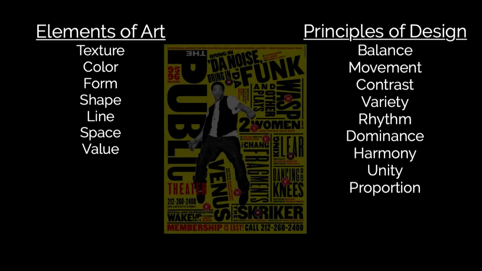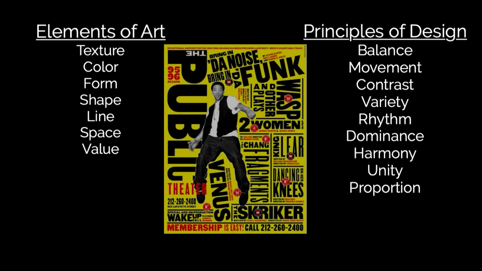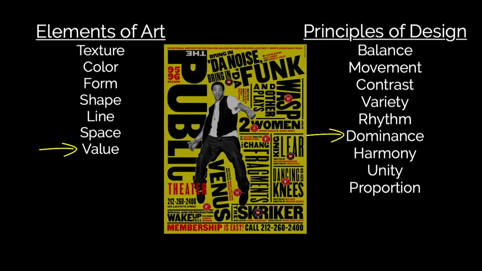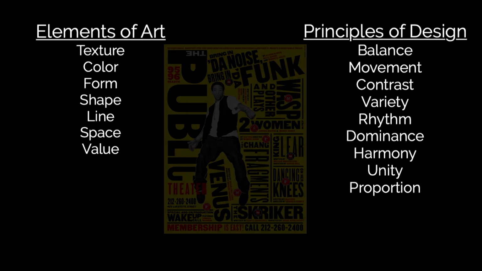This is Paula Scher. She's a famous graphic designer. So here, if I take a look at this, I'm going to probably say that there is rhythm in shape because of the way that the lines of the words repeat. I could also say that there is dominance in shape because where it says Public for the Public Theater logo, it sticks out a little bit more because it's so much bigger. And so because my eye is drawn directly to that, or I could even say there's dominance in value again, because the white of his shirt really creates a spot where my eye goes directly to.